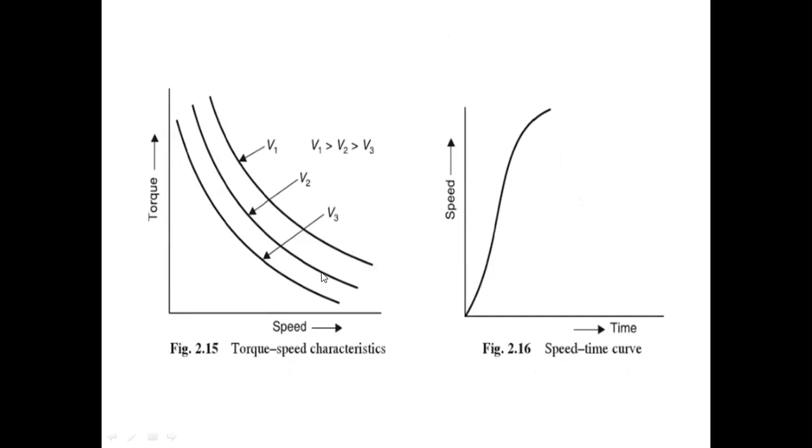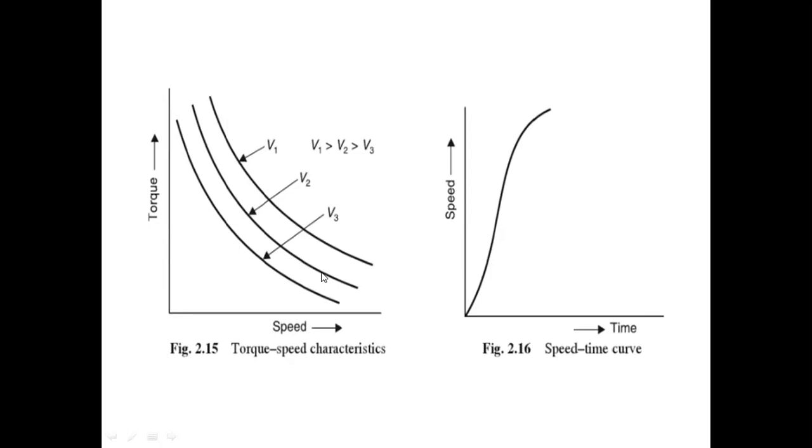Why? Because if you go through the torque expression, torque is directly proportional to the square of the current. This is the same relation as for the DC series motor. Therefore, the applications should be the same. In place of the DC series motor, we can use this switched reluctance motor also.